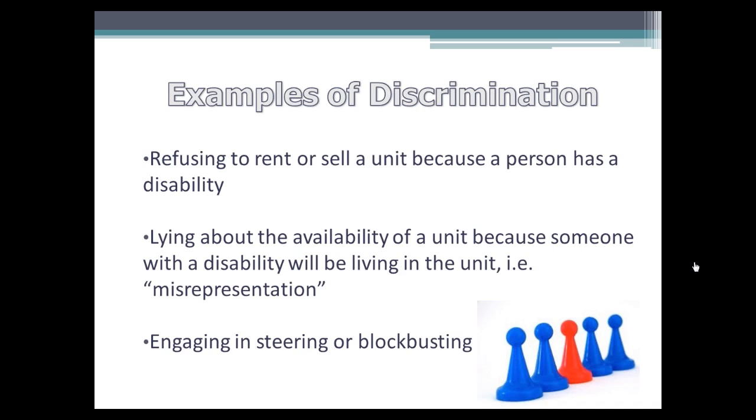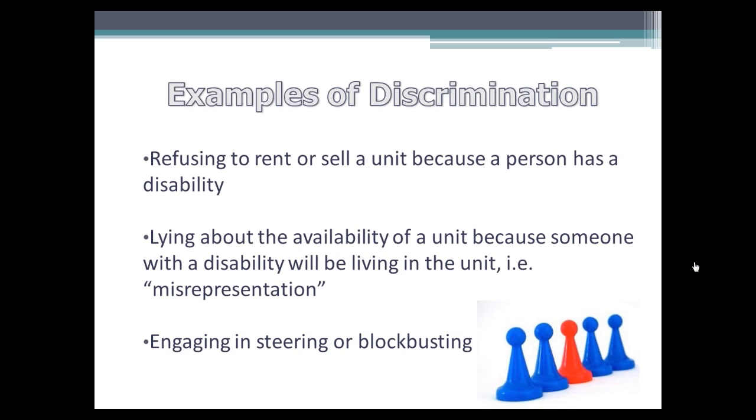If a landlord says that the unit has already been rented when in fact it is available because a person or a member of the household has a disability or is a member of another protected class, that is an example of housing discrimination termed misrepresentation. Steering is a tactic used to discourage a buyer from living in a certain area and suggesting that they seek housing in an area more appropriate to their group or where other members of their group live. And blockbusting is a tactic to persuade owners to sell or rent by telling them that unwanted groups are moving